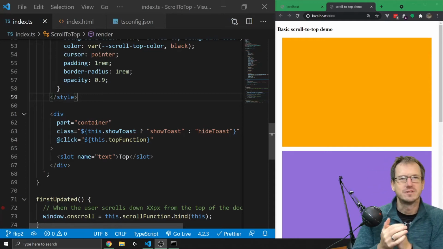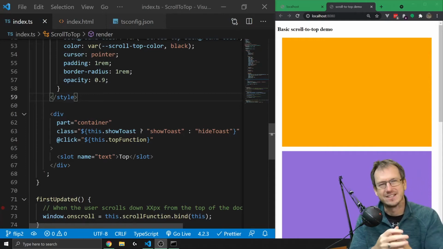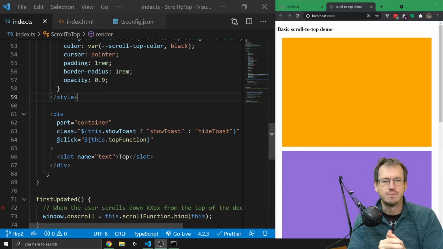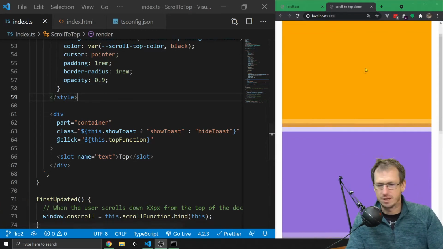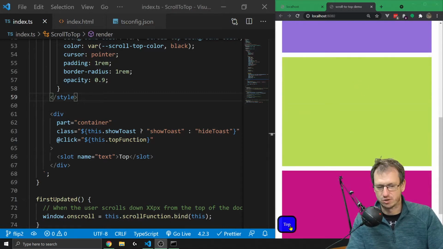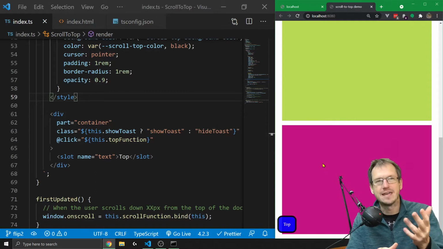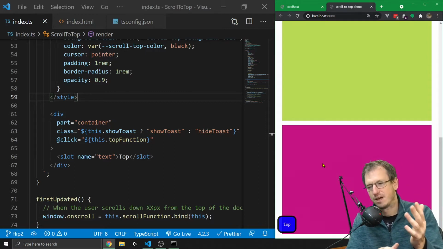Greetings friends, welcome. Today we're adding a little flip card effect to our scroll to top web component. So at the moment, yeah, it's pretty basic. If we come down here, it just plonks this on the screen and scrolls back up. It works, but we're going to add it now so that it will fade in and spin, rotate as it